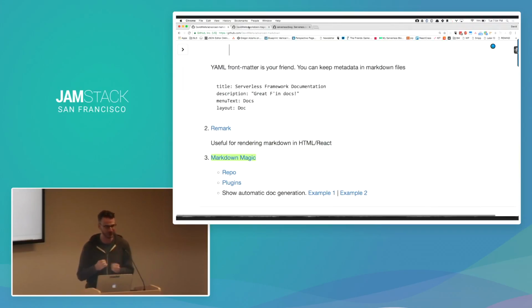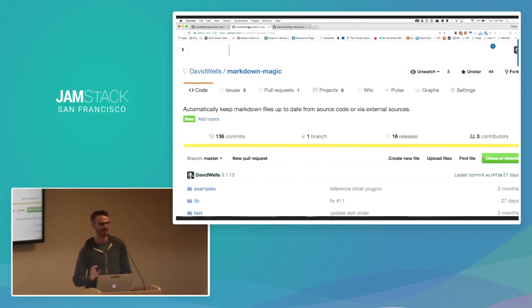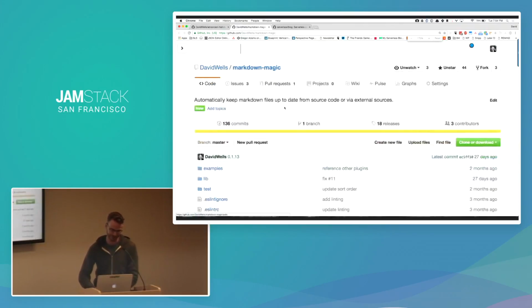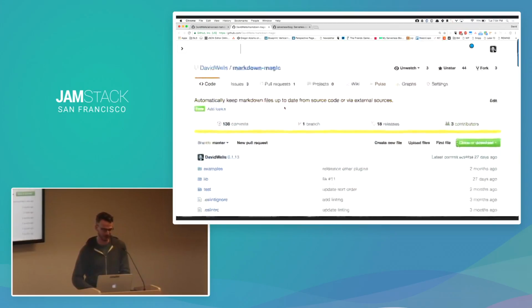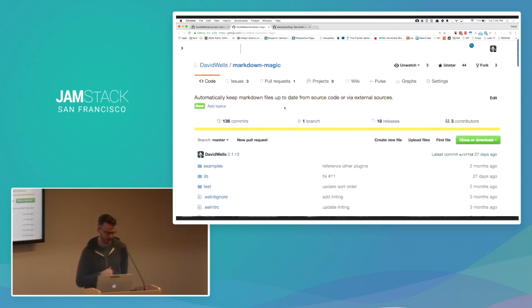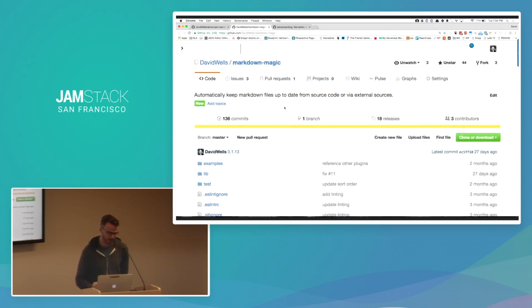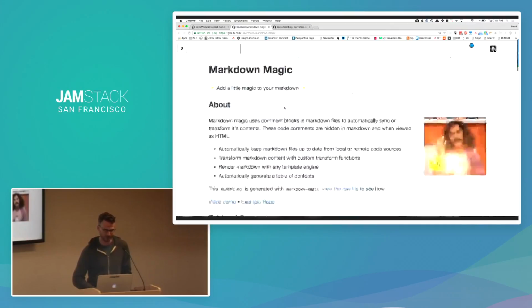It's a huge pain in the butt. Okay, this is PG, I forgot. So Markdown Magic is a project that will keep your Markdown files up to date from source code, from external sources, or from wherever you want. It's basically a way to sync stuff back. And as I mentioned before,